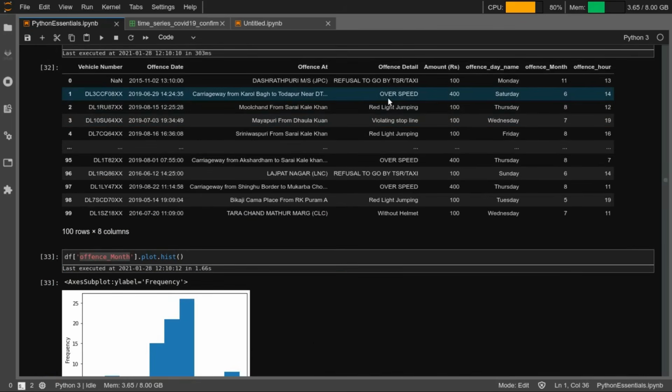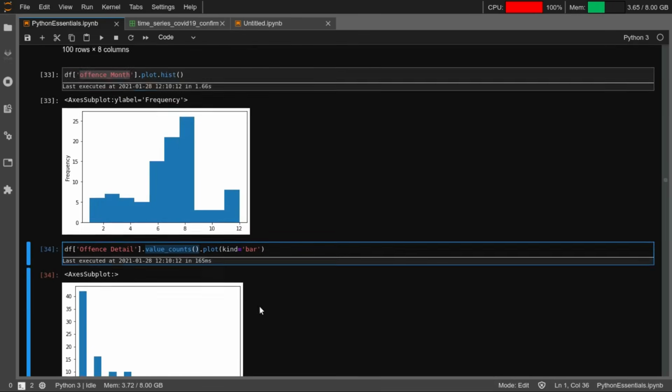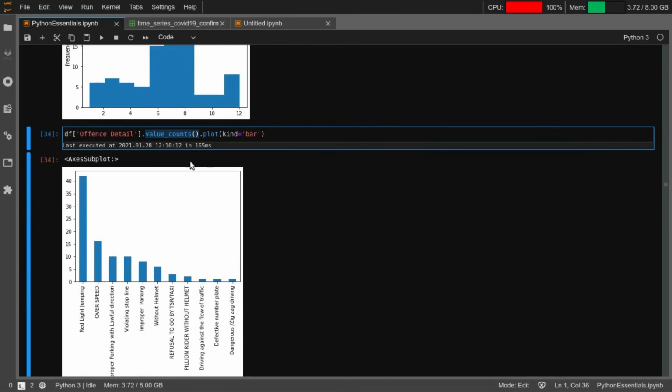So for each value, how many times overspeed occurs in this column, how many times red light jumping occurs in this column. You're generating counts for each of these values, and then you can just plot a bar chart. So dot plot, and in the bracket you mention kind equal to bar, right?